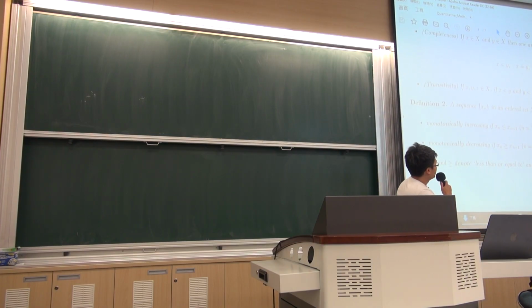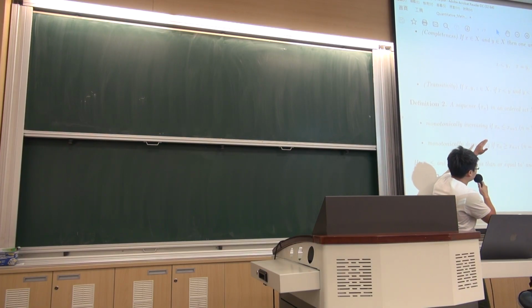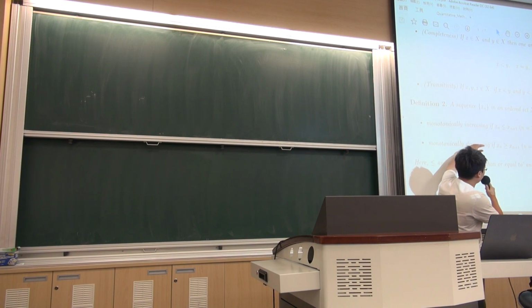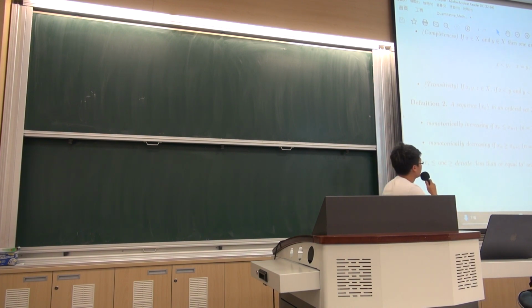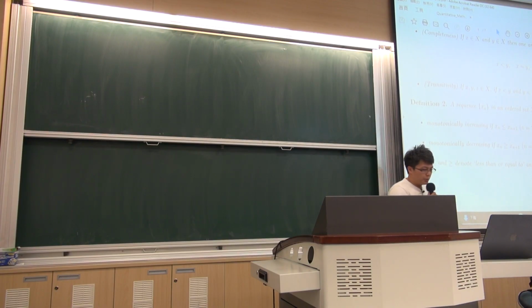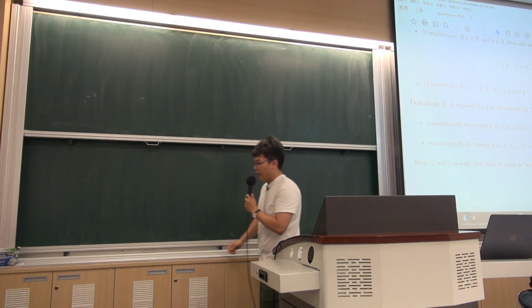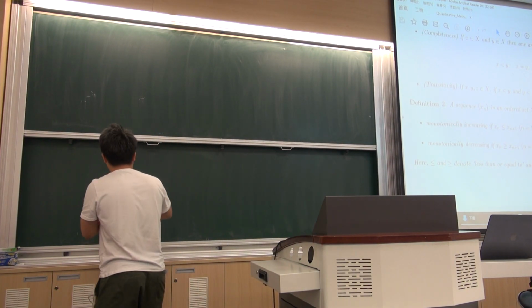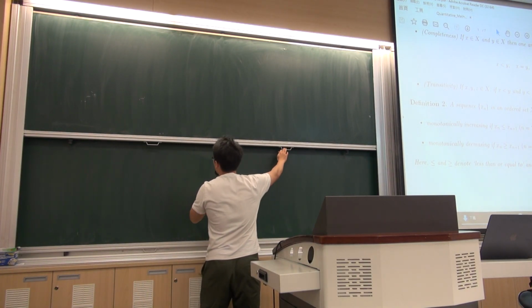So you will see the sequence keep increasing, or at least they will stay horizontal. Of course, we can define a monotonically decreasing sequence in the opposite way, which means that the next element of that sequence is going to be smaller or at least equal. So when you draw a graph,